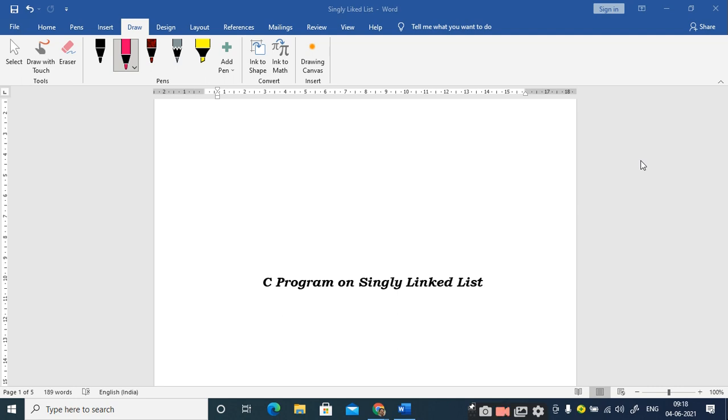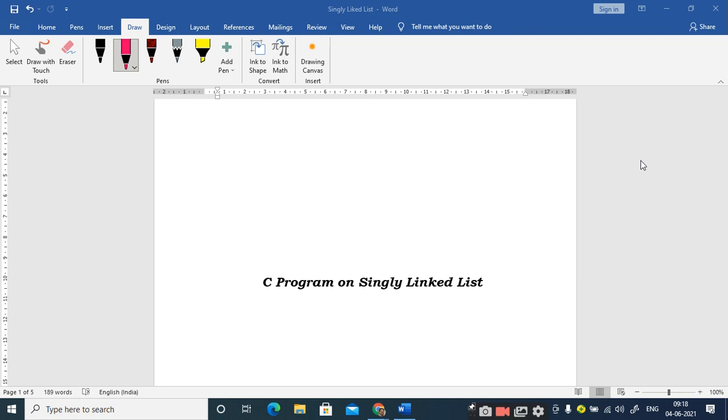As we have discussed earlier, this deletion part consists of three parts. First, how we can delete an element from the front of the linked list. The second one is how we are going to delete the node which is present as the last node of the linked list. And then we are going to discuss how we can delete a node which is given by the user, right? The position will be given by the user and we need to write a code to delete that particular node, right?